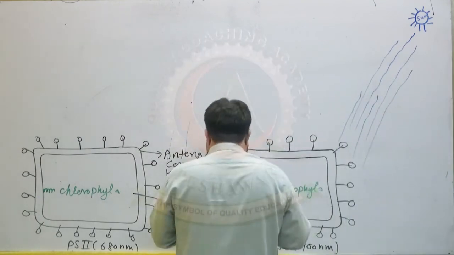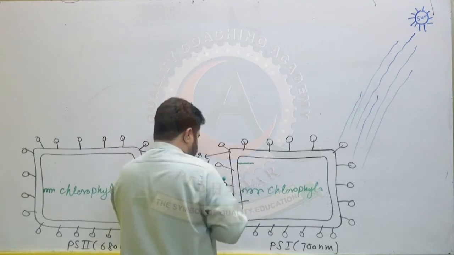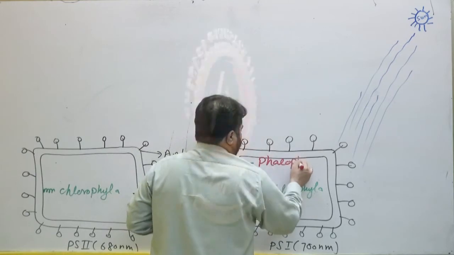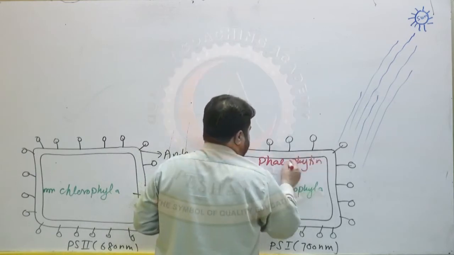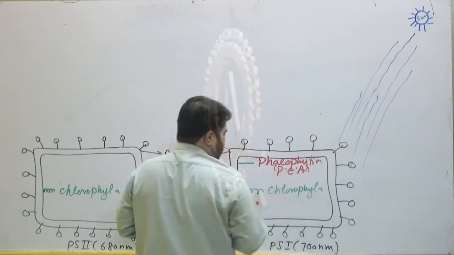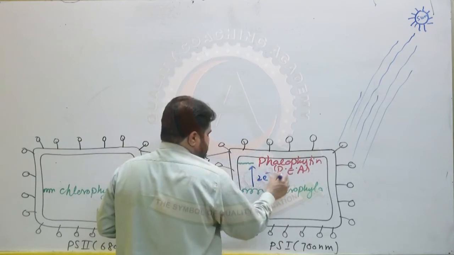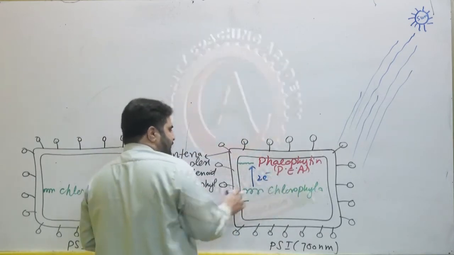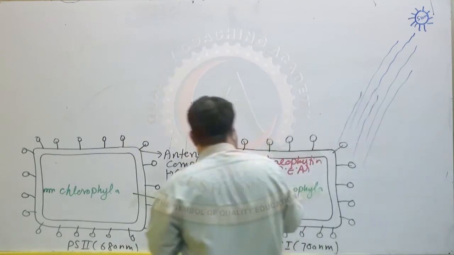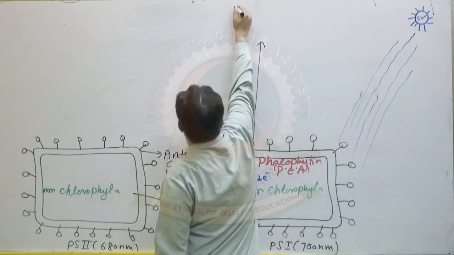When the electron is excited, it is received by phaeophytin. Phaeophytin is considered to be the primary electron acceptor. So the electrons jump from chlorophyll A to phaeophytin, the primary electron acceptor. Then these electrons from phaeophytin are received by the